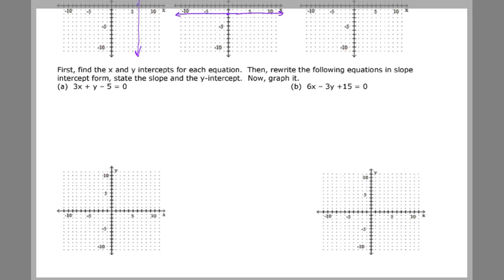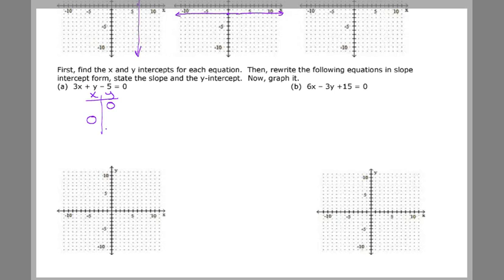So let's see. We want to find the x and y intercepts for each equation. So let's start off with this, and remember, how do you find x and y intercepts? Well, for the x-intercept, you let y be 0. For the y-intercept, you let x be 0. If you want to do a table of values, you let y be 0, you let x be 0, and